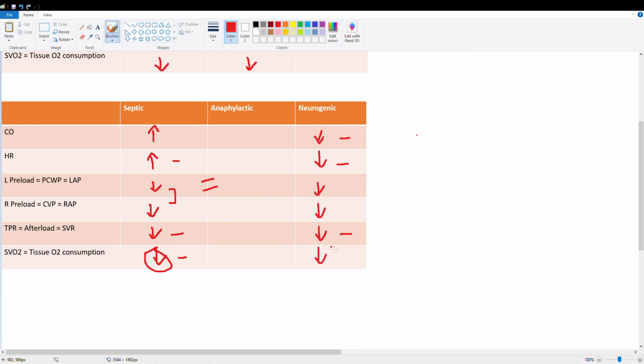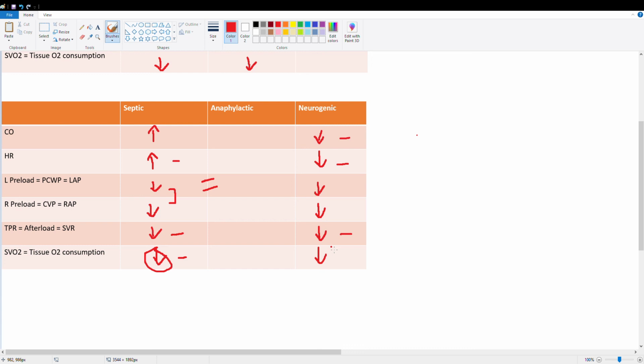So for neurogenic types of shock, watch out for traumatic brain injury patients, people who have undergone any neuraxial anesthesia, lumbar punctures, spinal cord injuries, things like that. So we have unopposed vagal tone to the periphery because our sympathetic tone is lost, and essentially our parasympathetics are running the show. We have bradycardia, hypotension,